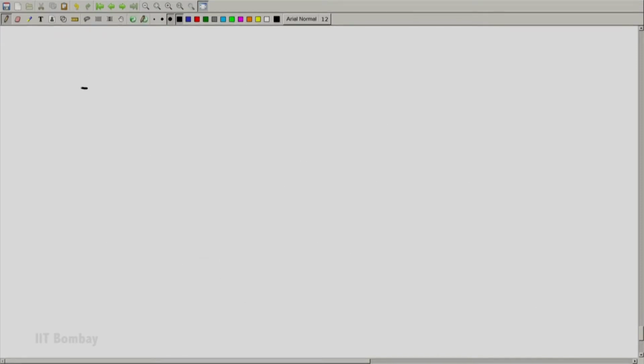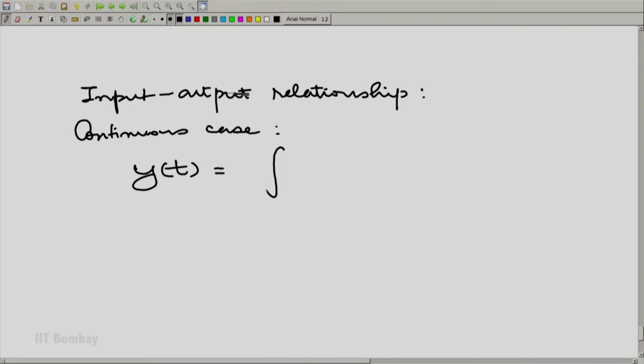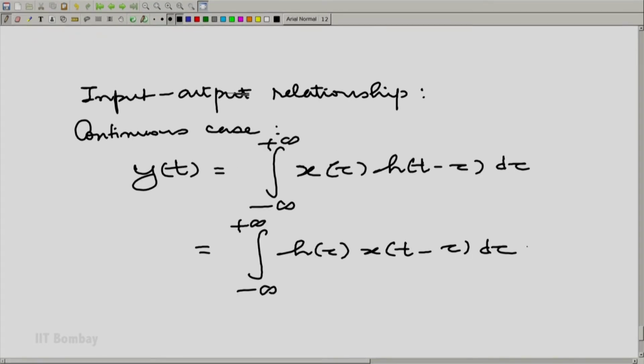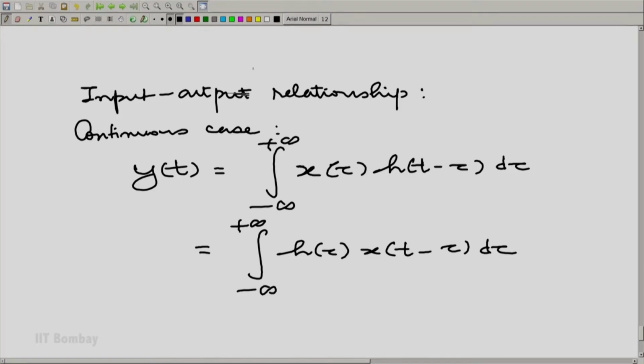Now, let us once again put down the input-output relationship. For the continuous case, we have two relationships here. So, we can use either of the relationships, using commutativity, whichever is convenient, remember that. So, of course, let me write down the discrete case also, on the same page to make it easier. I will write in a different color,